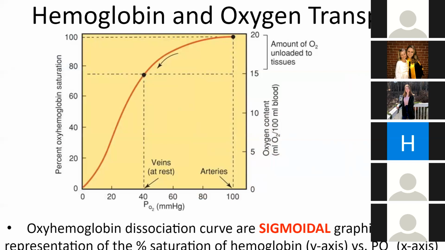So I would say these people have a high fever, right? Because they have an inflammatory response happening. So that would promote unloading. They also would probably have really low oxygen environments in their body, right? Because they're not getting the air that they need, because of the lung infection. So that would promote unloading. So their bodies would be working hard to get this stuff into their body as best they can. So I would say that their curves would be shifted to the right big time compared to most.